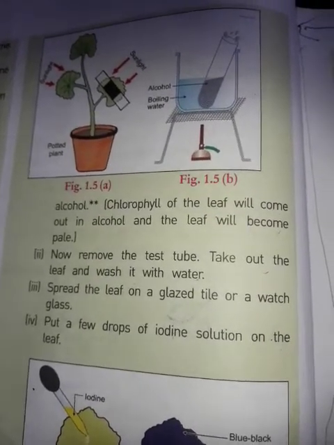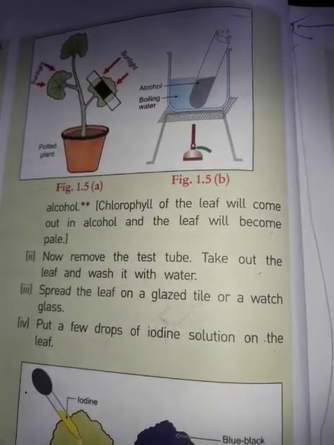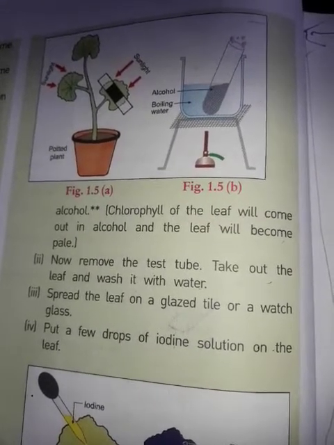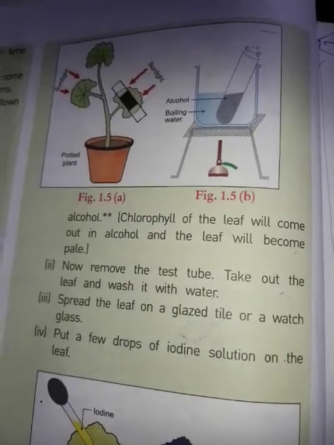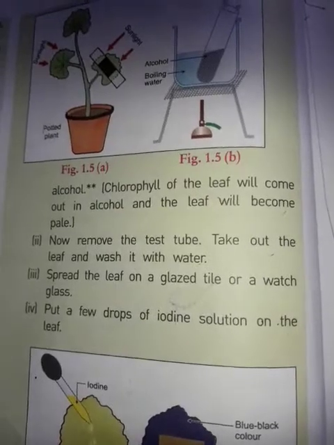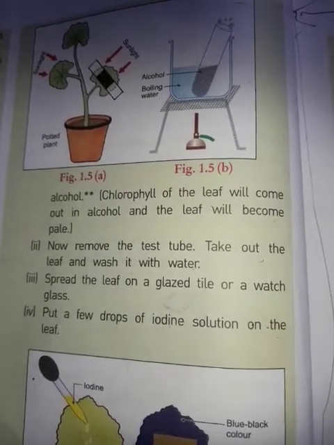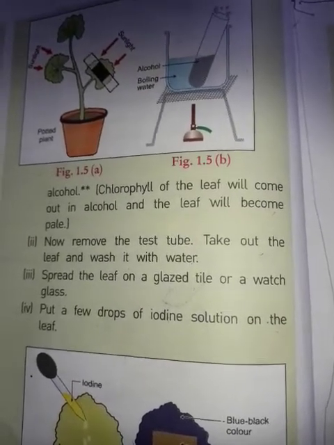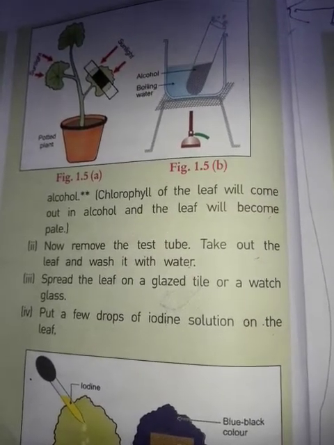You have to write like this: first you write the activity, then you write what materials are required, then how to do the test, then what do you observe, and last, what do you conclude? In this form you have to write. This is the activity I have given today in revision. You will revise that, and all the activities given in chapter 2 and chapter 3 you will revise also.